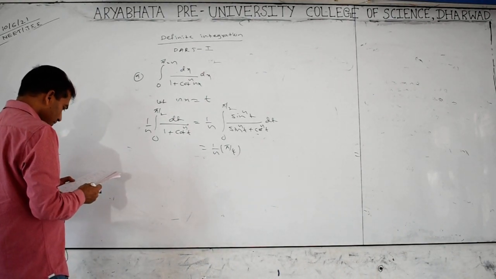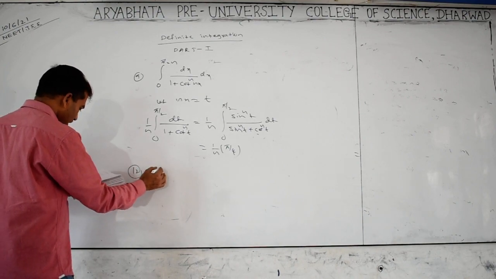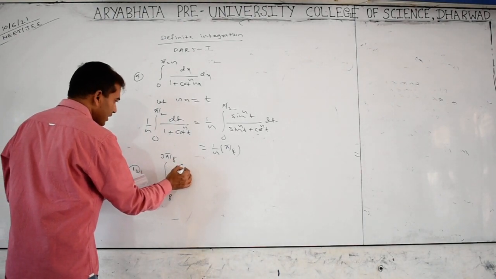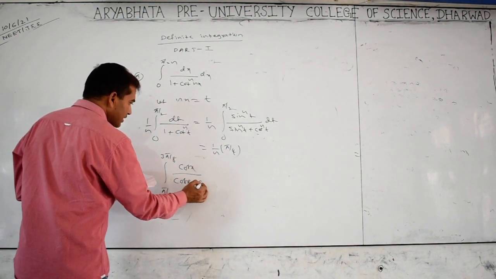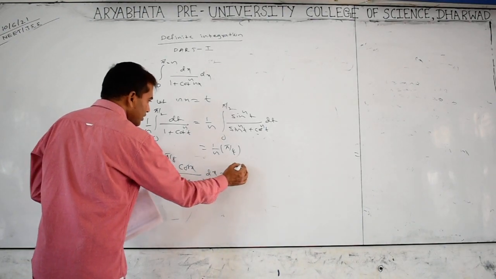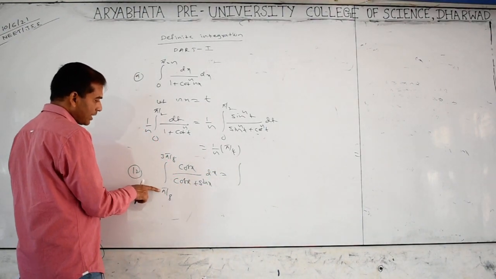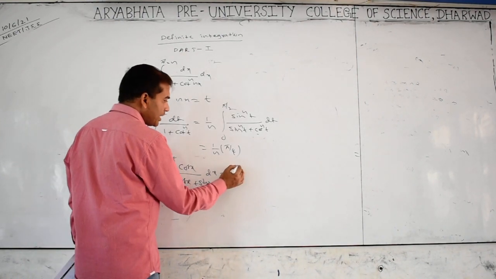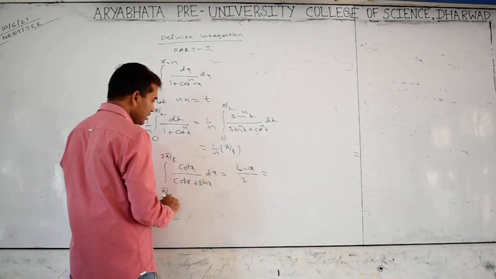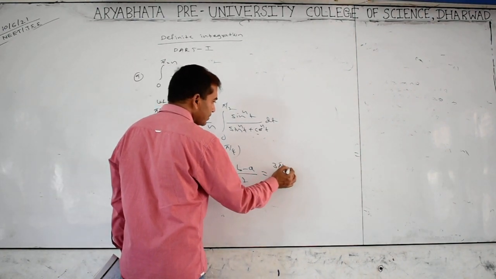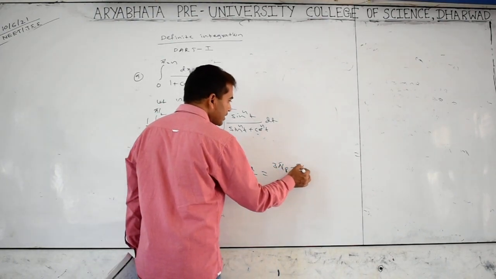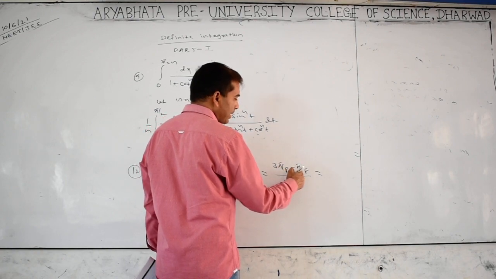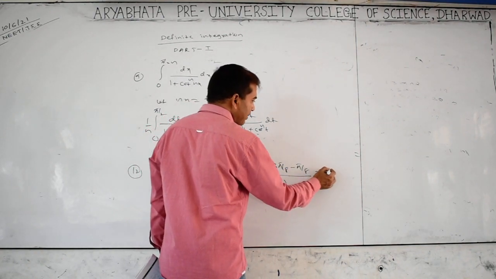Next, 10, 11, 12 we have discussed. Next, the 12th question is integration of pi by 8 to 3 pi by 8, cos x by cos x plus sin x dx. This is the formula I said just now, a to b, f of alpha plus f of beta. Tell me the answer is (b minus a) by 2. So b is 3 pi by 8 minus a, pi by 8, by 2. 3 pi by 8 minus pi by 8 is 2 pi by 8, which means pi by 4. Pi by 4 by 2 means pi by 8. This is the answer.